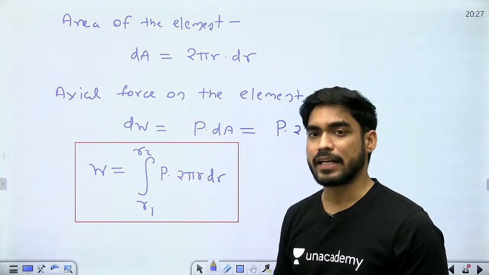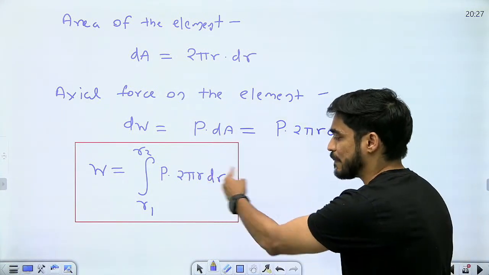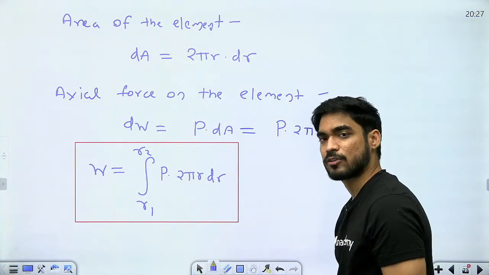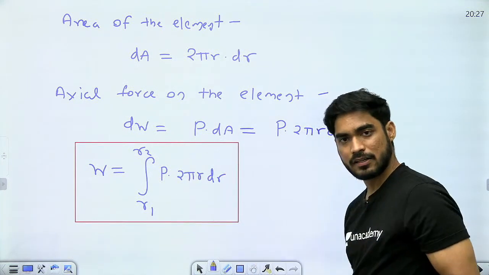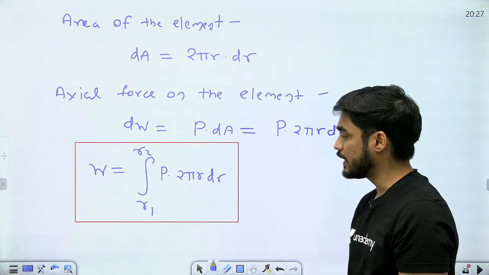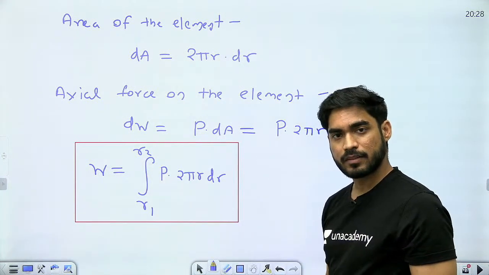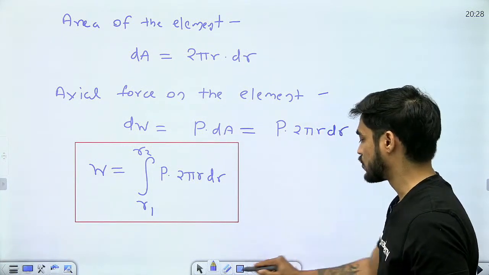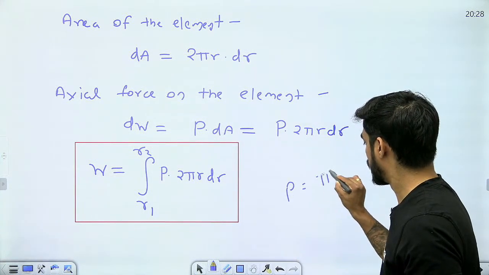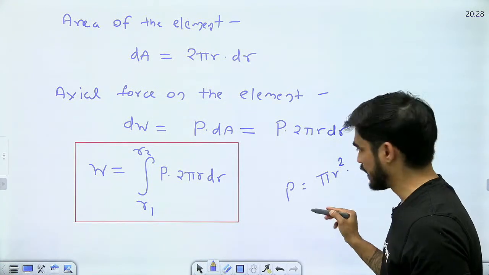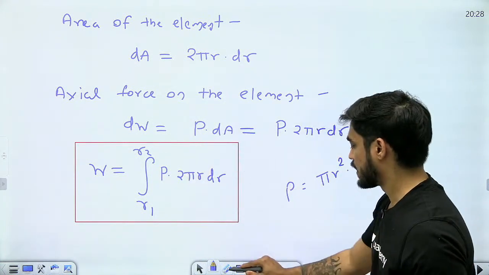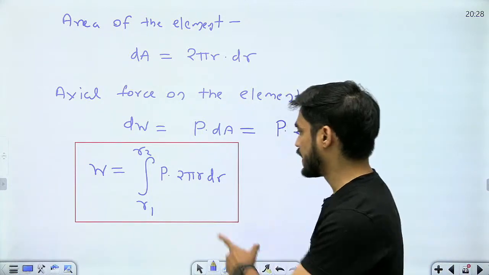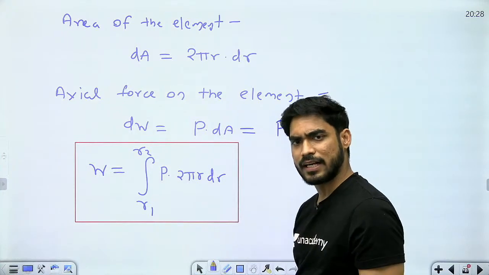अगर मैं इस इक्वेशन को इंटीग्रेट करना चाहता हूं, यहां R को R के रिस्पेक्ट में तो मैं इंटीग्रेट कर लूंगा, but how this P will be integrated with respect to R. If you know the relation between P and R, for example, if P is constant, it will come out of the integral. If P is related to R with some equation, let's say P equals to pi R square into something, then beta I will put that relation here in terms of R and I will integrate it. So beta I need to know the relation between P and R, whether it is constant or